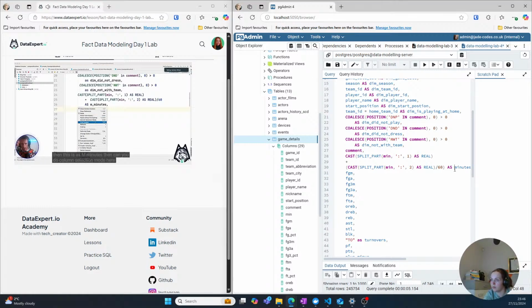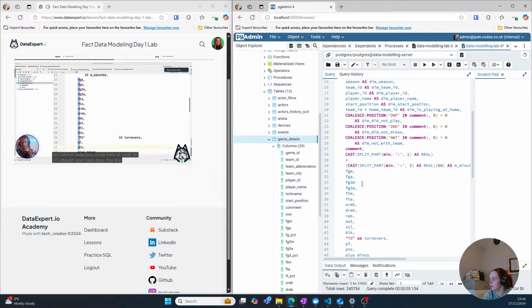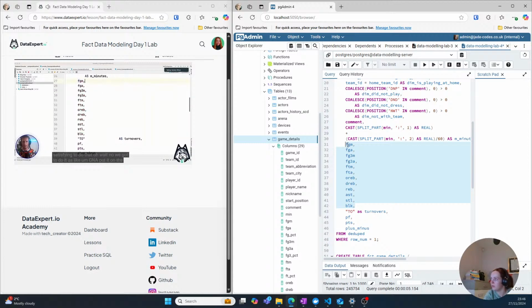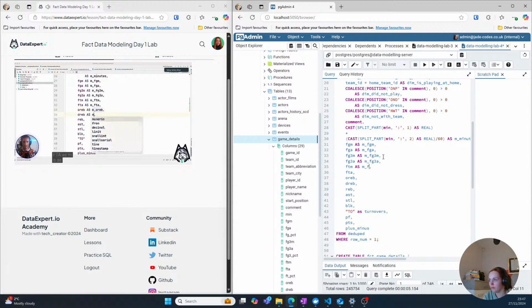Then can you do column selection mode here? Oh yeah. Oh, I should have done this before. See, that's so much better. So satisfying to do that. Oh wait, no, we got to put it on the other side here, right? Oh no, because these are aliases, right? Oh man, there's probably a way you can do it that way, but whatever. Let's do it: mfga, mfg3m. This is not going to take that long. mfg3a, as mftm, as mfta, as moreb, as mdreb,